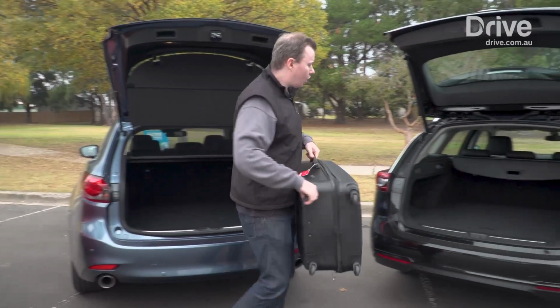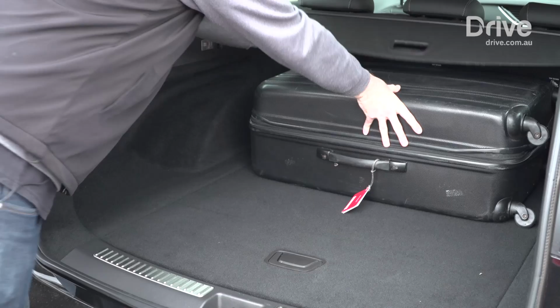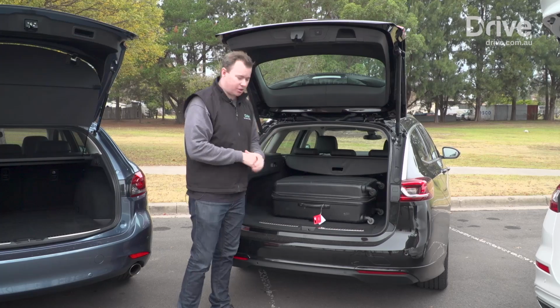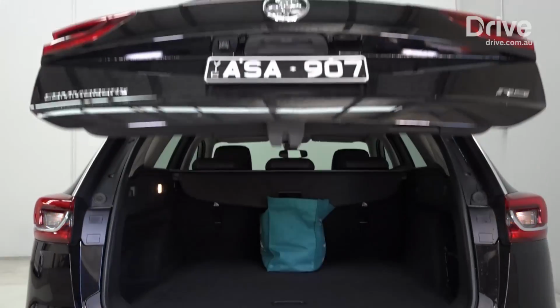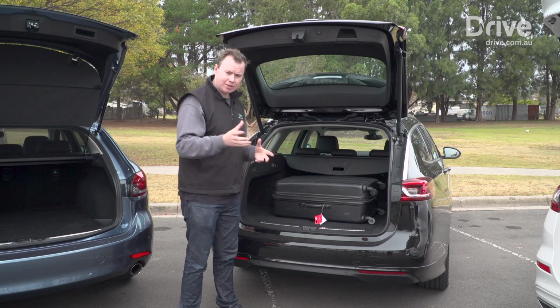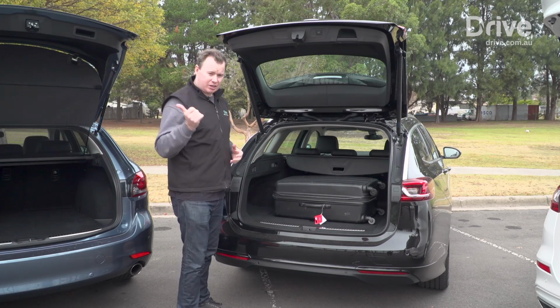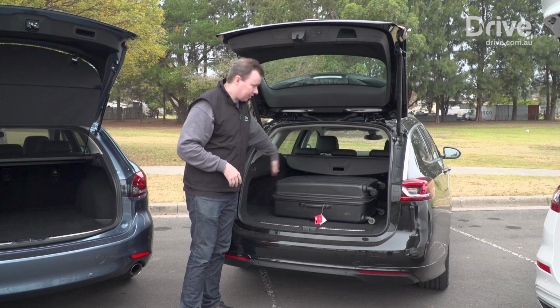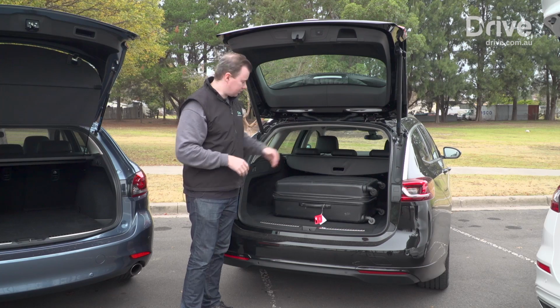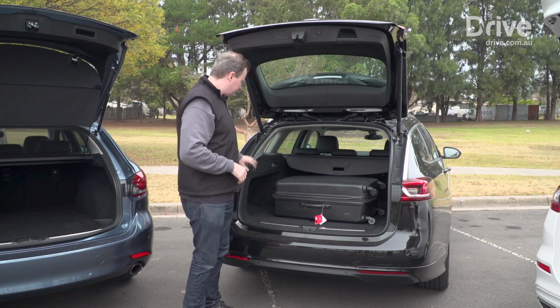Now, the Commodore. As you can probably see, the bag fits in with a bit more space around the edges. It's probably because it's a little bit wider, but it's got more depth to it. It's a longer boot, so you can squeeze a little bit more stuff inside. What it doesn't have though are some of those other clever touches. It doesn't have a lever back here to drop the rear seats. You're going to have to go around and do that yourself, but it does have some hooks sort of built into the side, so you are getting